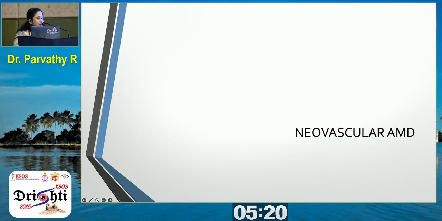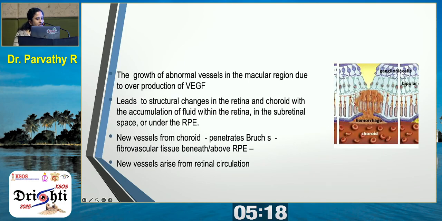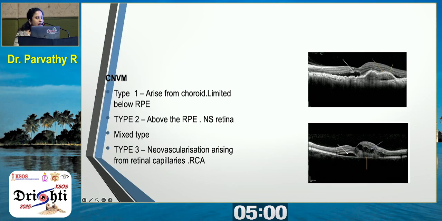Next is neovascular AMD. In neovascular AMD, there is growth of abnormal vessels in the macular region, which leads to structural changes in the retina. New vessels arise from the choroid and penetrate Bruch's membrane, and can result in fibrovascular tissue beneath or above the RPE, and these new vessels can also arise from the retinal circulation. And this CNVM can be seen as